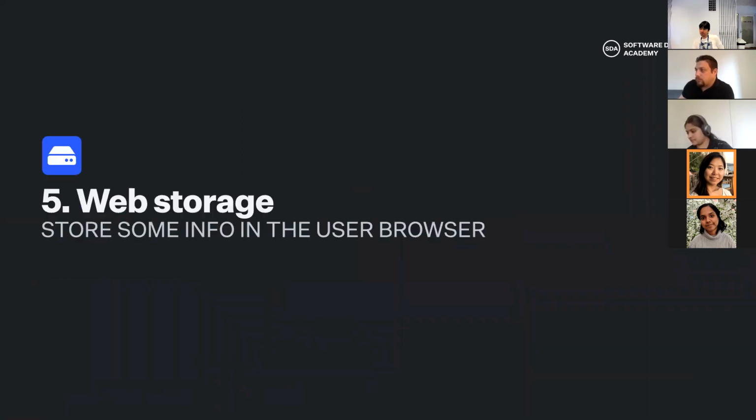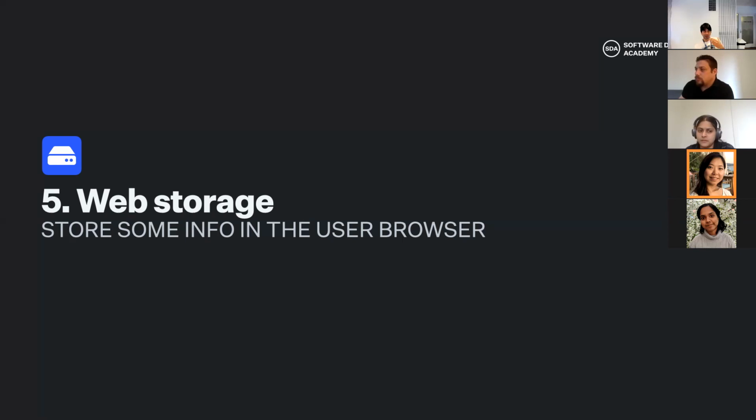And now let's move to a little bit more theory again. The web storage. How do we store some information in the user's browser? If we want to store information that is accessible to a user logging in on any device, from the phone to the computer, we need a server. But if we just want to store quick information, either for a quick demo or something basic as, for example, your favorite background mode, because some websites are starting to implement